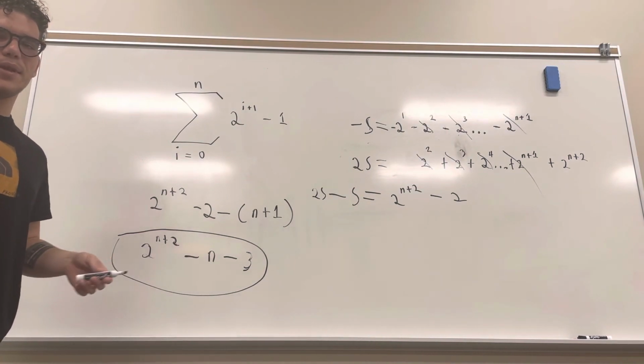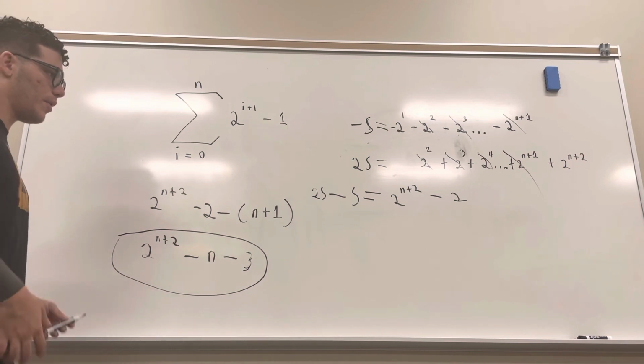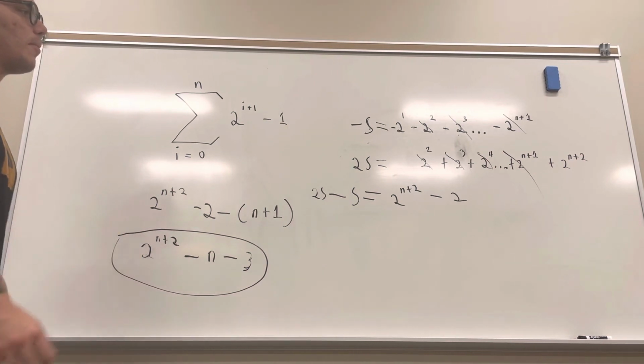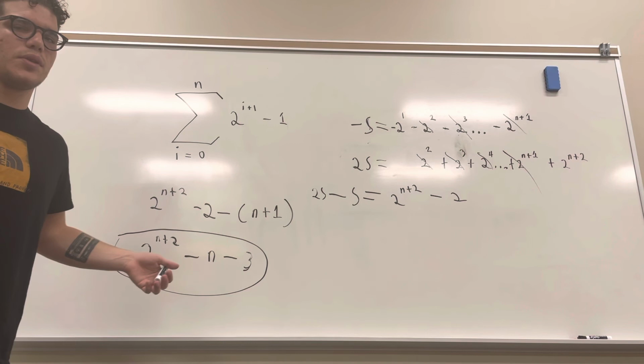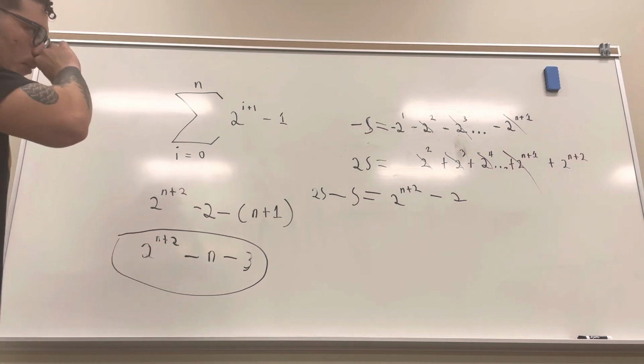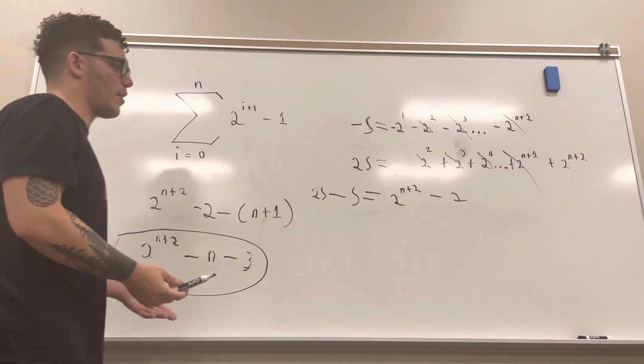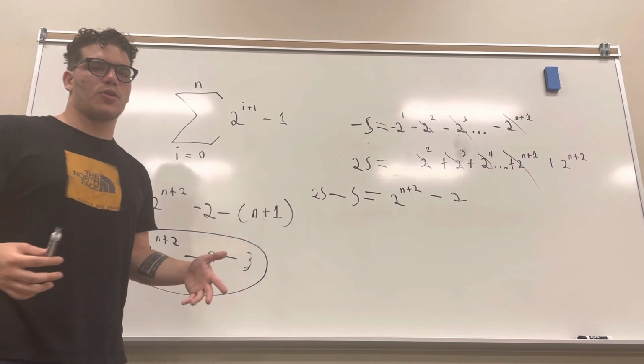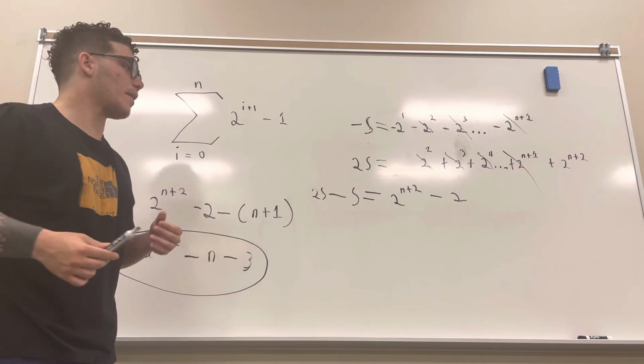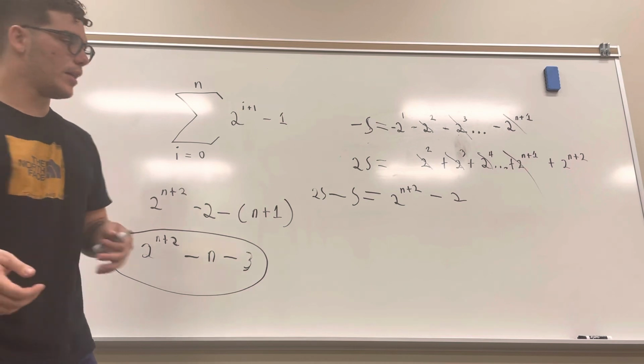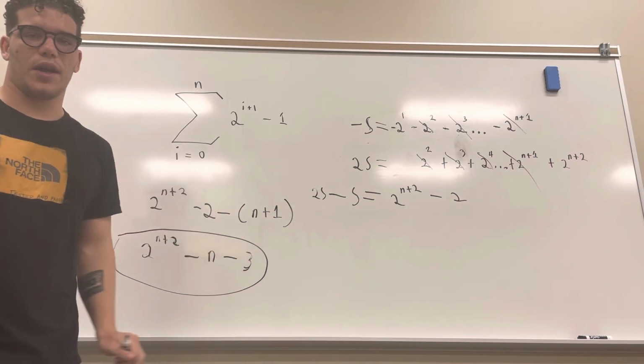I hope this helped. I know summations may have seemed like a lot of work, but that was pretty much because we did 2 summations, since it was the nested one, and we did 2 geometric ones. But I think the steps are very simple, and I think it's a lot more straightforward than the rest of the foundation exam. And I hope if you guys get a geometric sum on your FE that